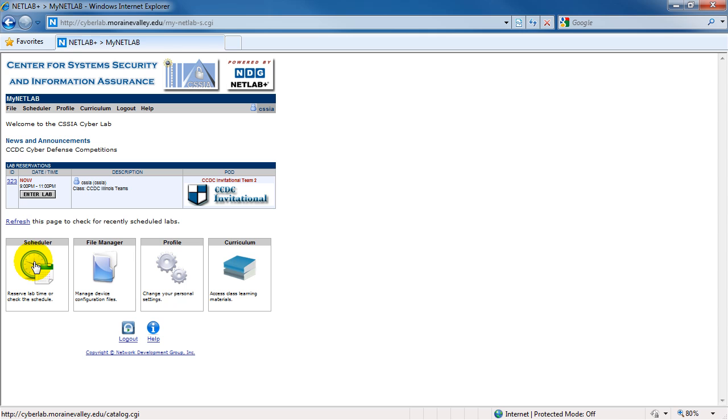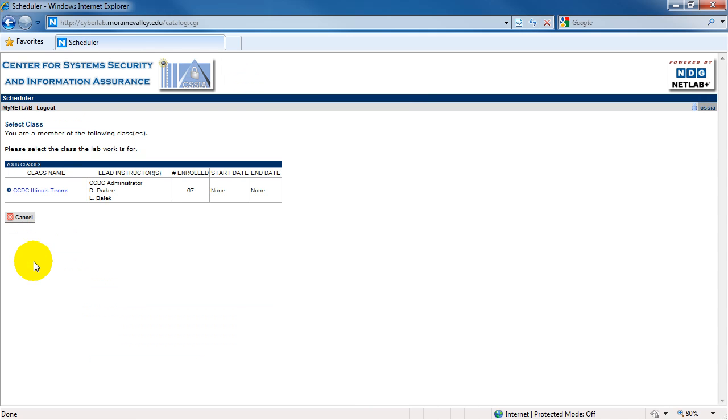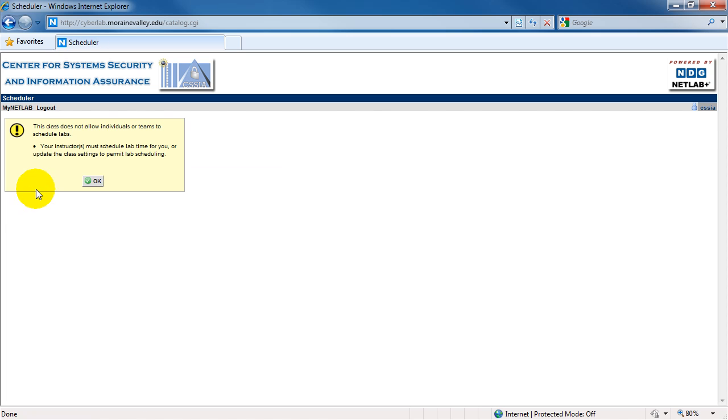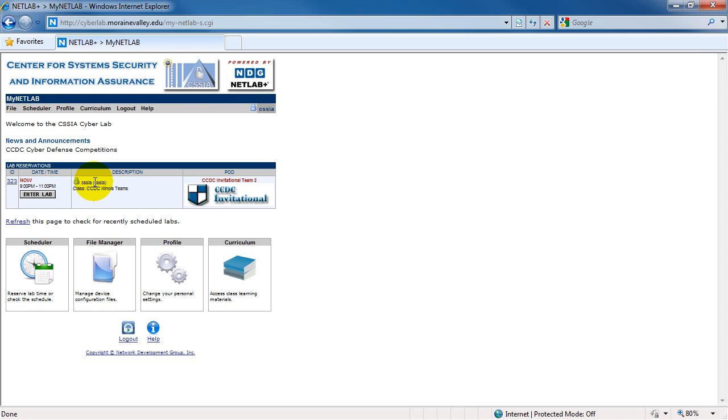From here you can look at your schedule to see what's available. Here we'll show you the availability of the class. So you log in here. You can individually schedule, so you're going to have to let the instructor know, which is basically your state director. And then here it's going to show you the actual lab or the pod. So you're going to click enter pod,